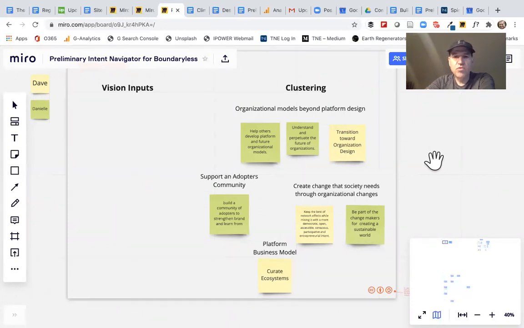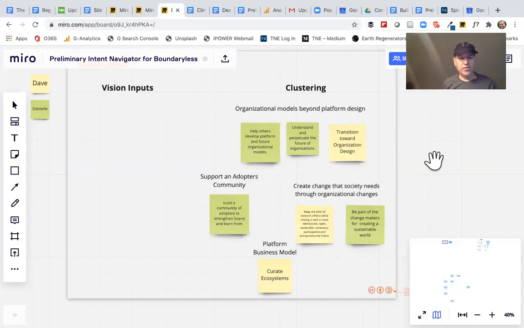One was moving beyond platform design or platform thinking more into the organizational impacts and the future of organizing. This is obviously a big part of what Boundaryless is doing with their current white paper research. So that could be a part of the vision to move your business model in that direction.